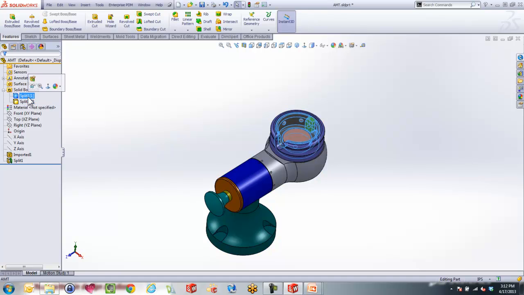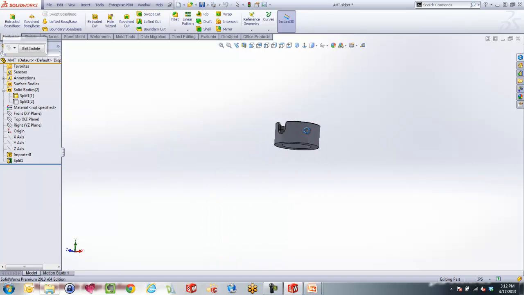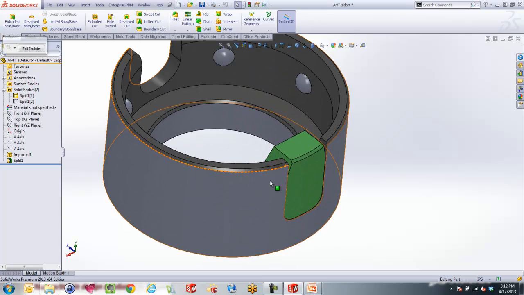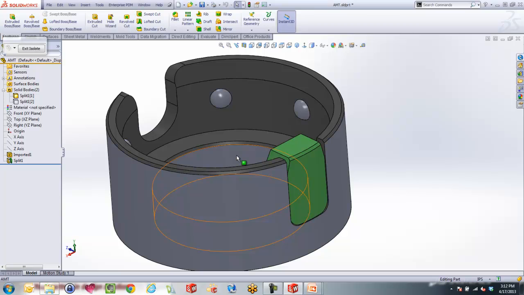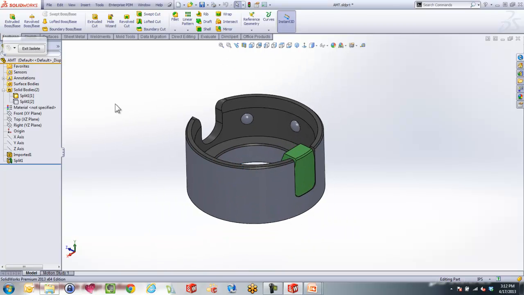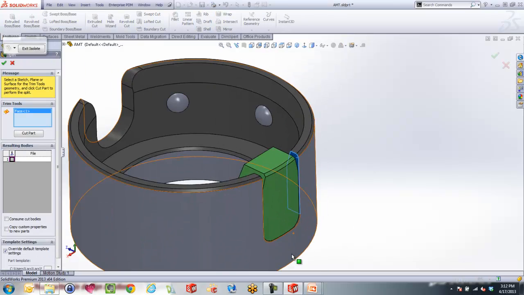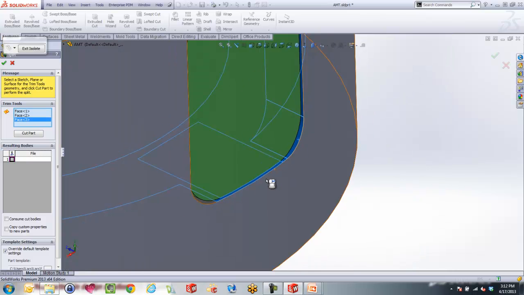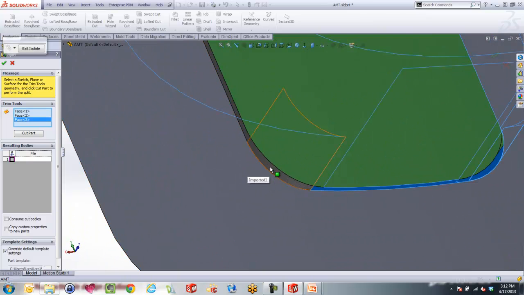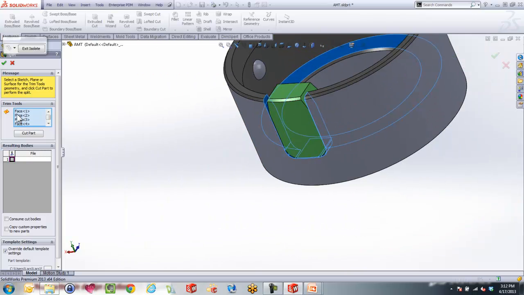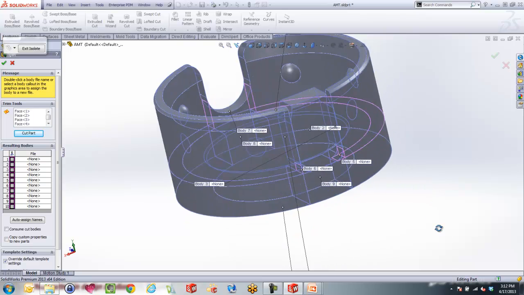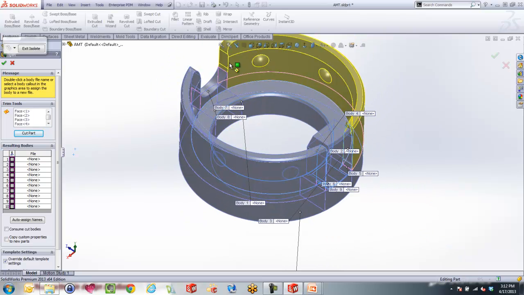So now I can use one of my favorite commands, right-click isolate, to get rid of some of the stuff. And we can see here what we got out of that. We got the stop plus a few other things. So I'm just going to go ahead here and use the split tool again. So I'm going to right-click recent commands. And this time I'm going to select all the surrounding faces that are surrounding the stop block here to split that apart. So again, I'm going to hit cut part. Now in this instance here, I get a lot of different things because using those faces, I could really cut this part up in a lot of different segments. This one here is what I'm after, so I'm just going to select that, hit the green check mark,